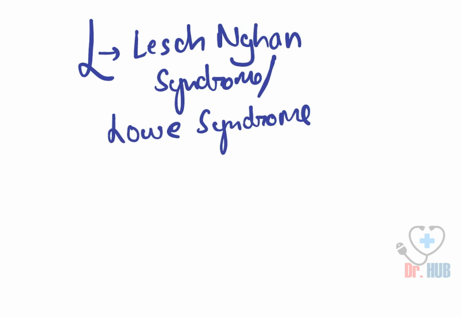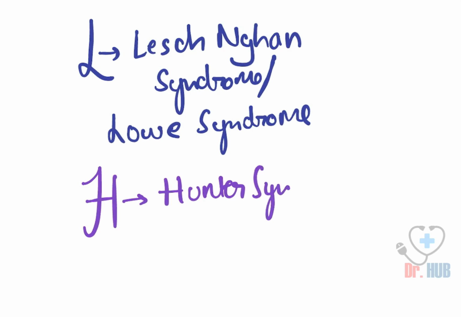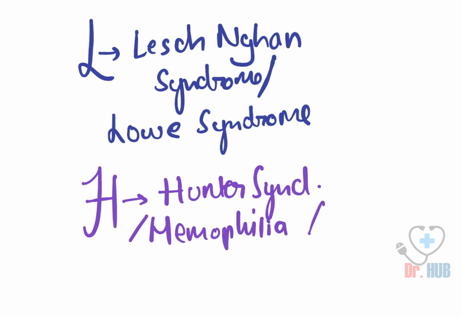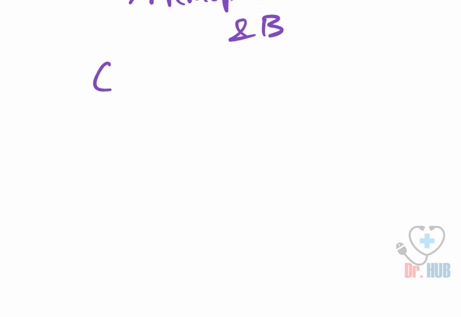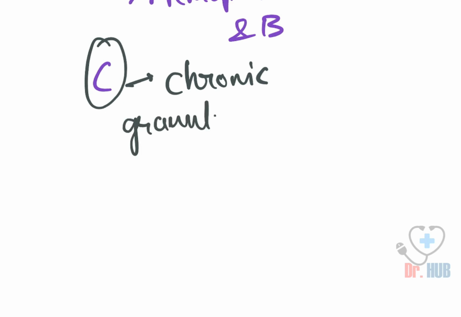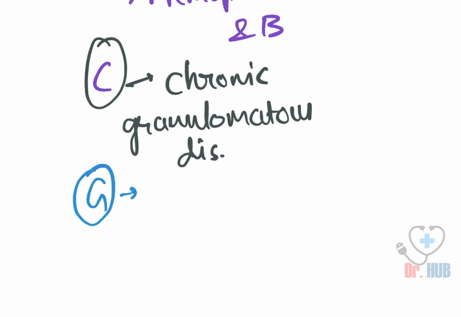And after this, there is H for Hunter syndrome. And there is also hemophilia A as well as hemophilia B. Next we move on to C. So under C there is chronic granulomatous disease. Now moving on to G. So G stands for